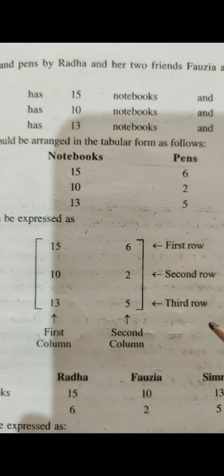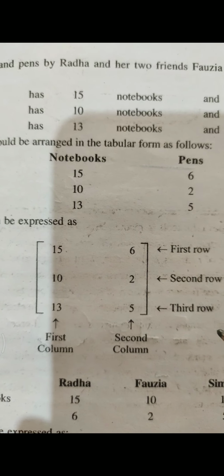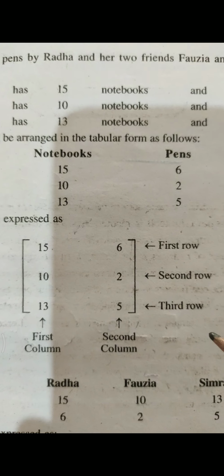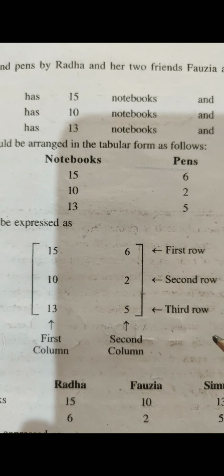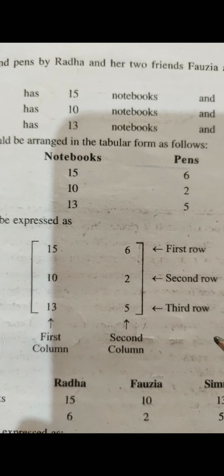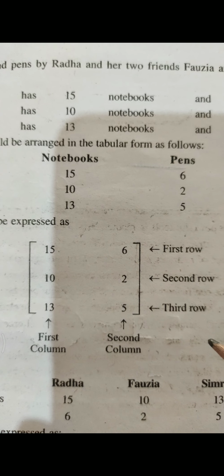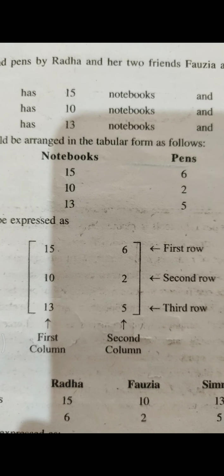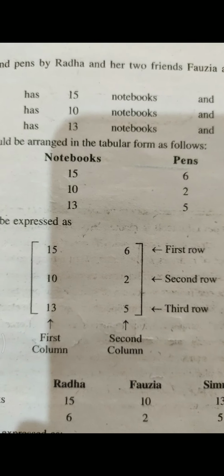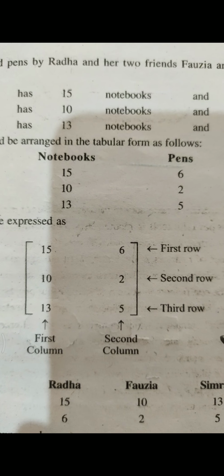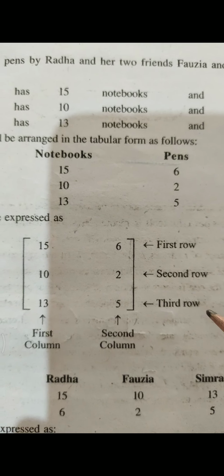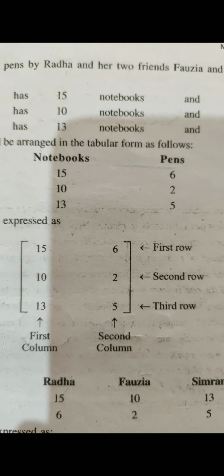How do we decide these rows and columns? We decide according to the entries, meaning how many elements are given. According to that we decide the order. The order also depends on our choice, on what way we want to arrange. In a classroom, sometimes the class teacher arranges the seats. Arrangement is also done in examinations according to a rule: a particular row where 11th class students sit, a particular row where 12th class students sit, so that there is no cheating. All these arrangements can be shown on paper with the help of a matrix.